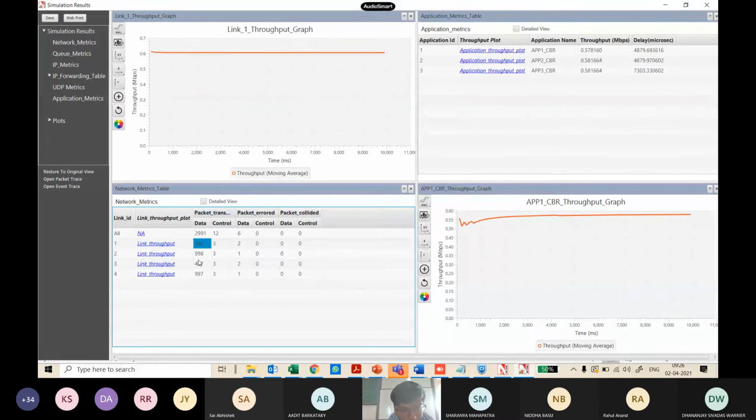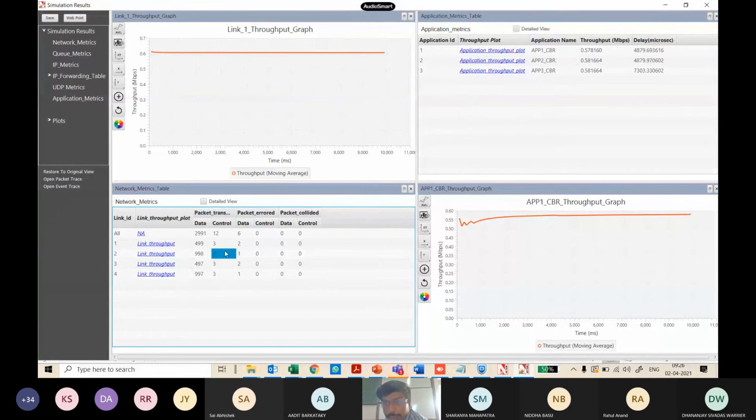Out of which, how many packets got errored, that detail comes in. Are you only sending data packets? No, I'm sending even control packets, ARP requests, acknowledgements, all these are control packets. That count is also getting recorded. This is not needed for our case now, but for our understanding, I'm just telling you this. This is what you have to note down.